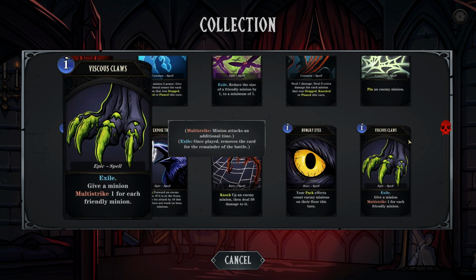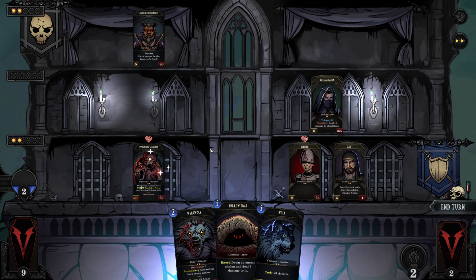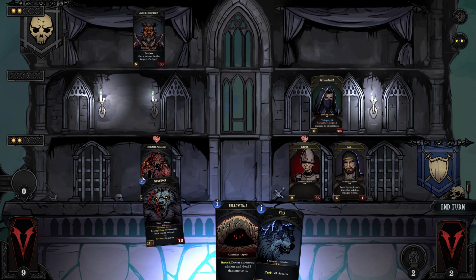Vicious Claws is an epic spell that costs 1 mana, which will give a minion multi-strike 1 for each friendly minion. This is an incredibly powerful card, and when you use it, if you only have 1 minion, it will give you multi-strike 1, meaning that you will do 2 attacks. But for every additional minion you have on that level, it will give more multi-strike. It does exile, but if you have more than one of these spells, then you can stack it, so the